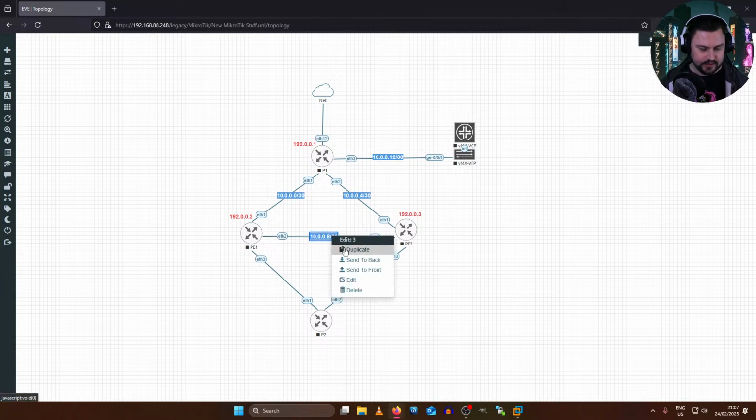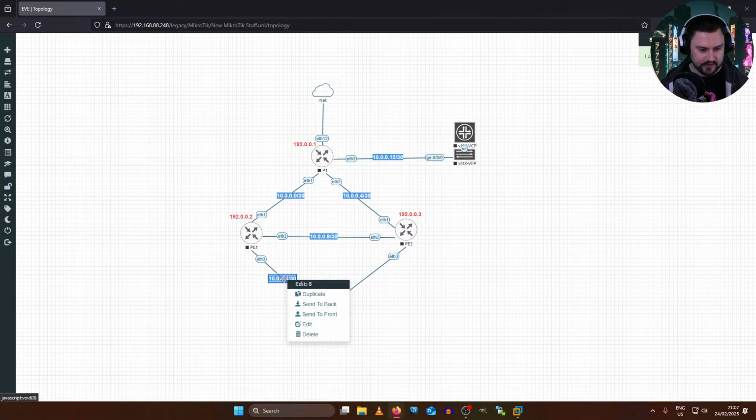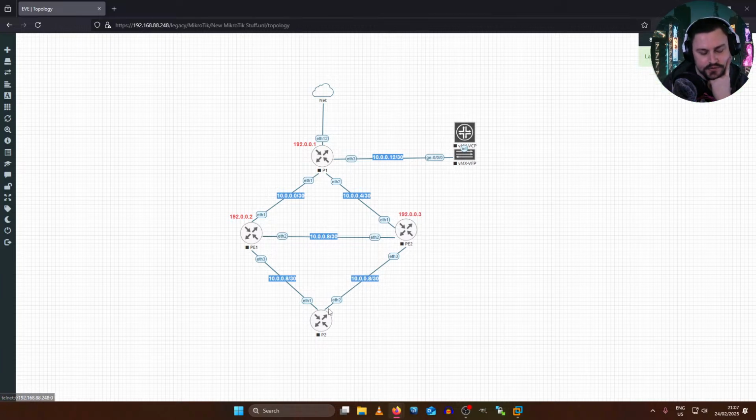Just duplicate these so that we can throw some IPs around, because I love throwing IPs around. Maybe I can make this a second route reflector as well. Or maybe I should make that a Juniper, but no, let's not do that yet. I just want to see what's new on that device.